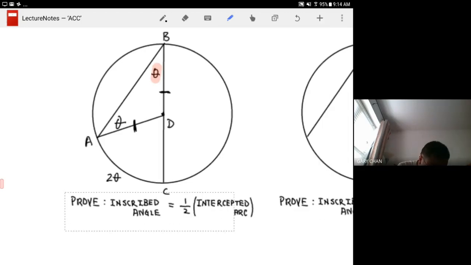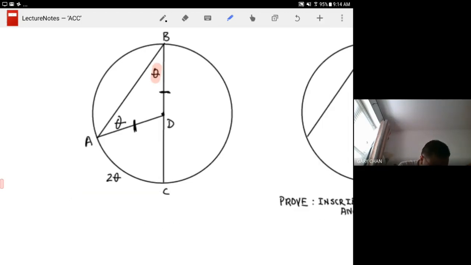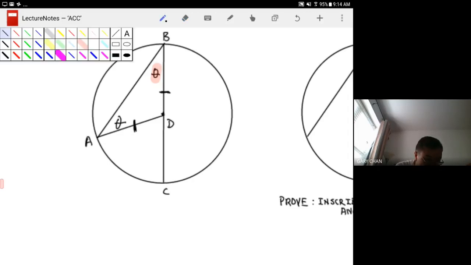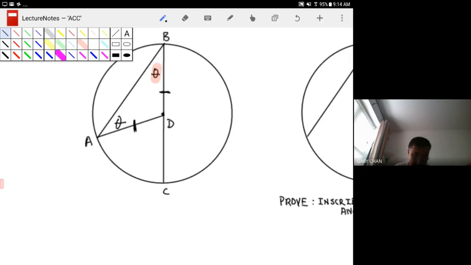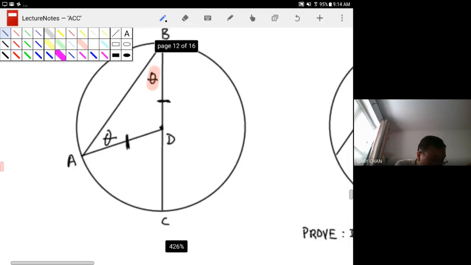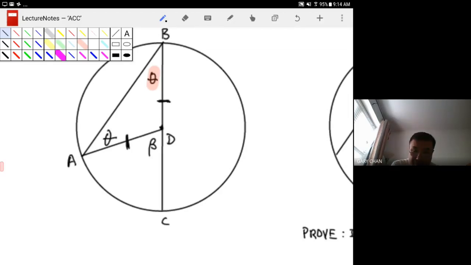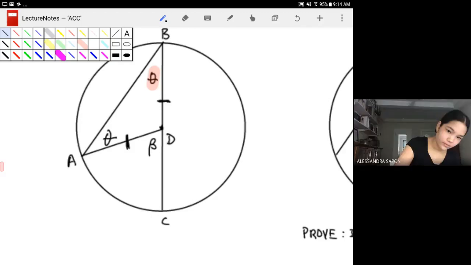I'm going to erase this, and I will also erase this, because that 2 theta over there is what we're trying to achieve. Let's say we don't know what that is, okay? I want to give this angle over here a name. I want to call angle ADC here beta. So if angle ADC is beta,